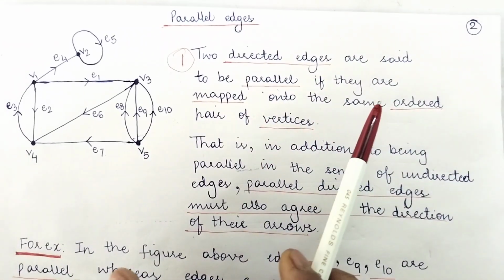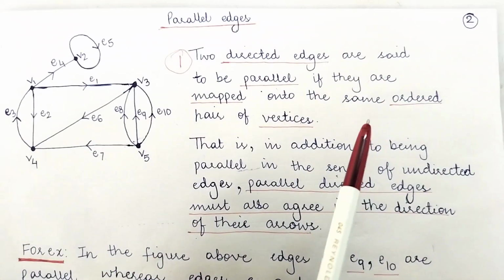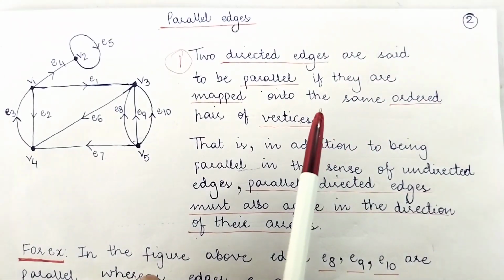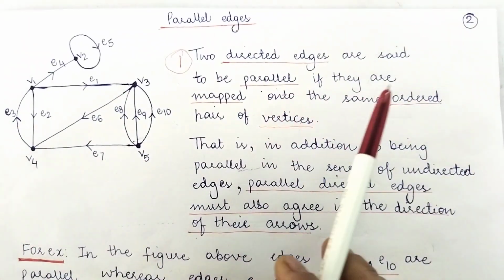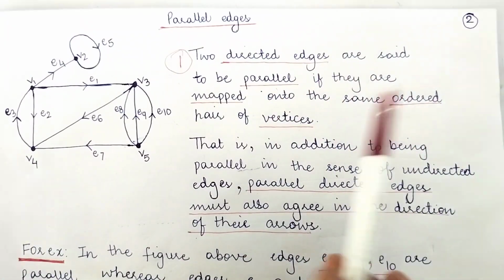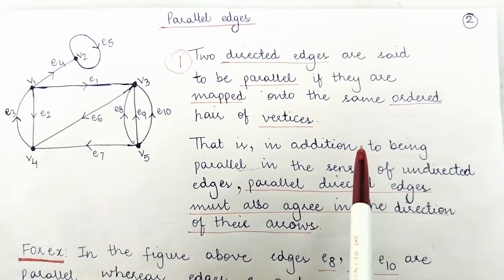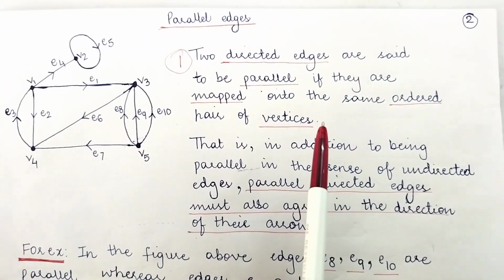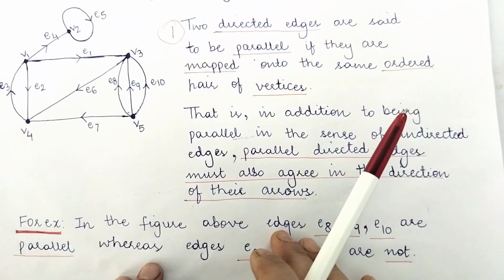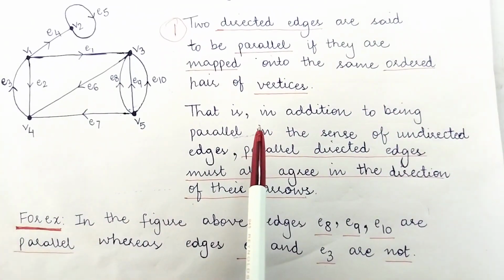And this condition applies for undirected graphs also. In undirected graphs also, we say that 2 edges are parallel if they are incident upon the same pair of vertices. So is the condition in case of directed graphs also, that 2 directed edges are said to be parallel if they are incident or mapped onto the same pair of vertices. But this is just one condition. The other condition here is that in case of directed graphs, in addition to being parallel,